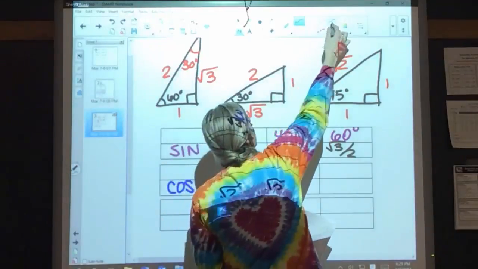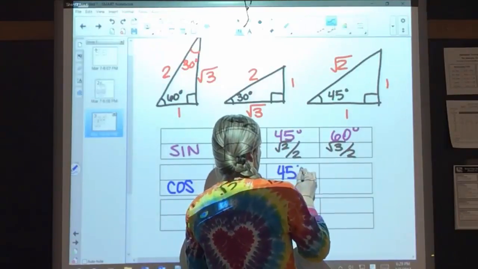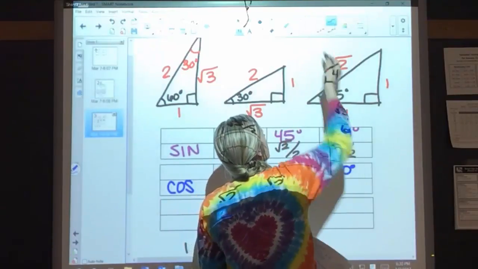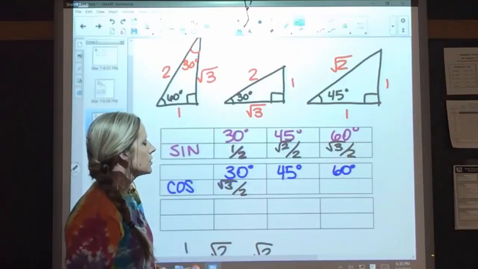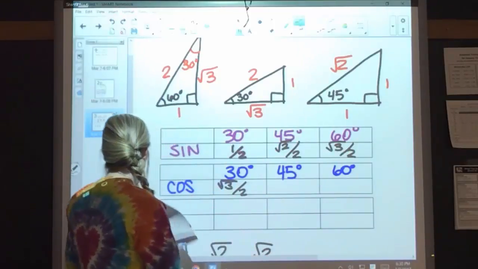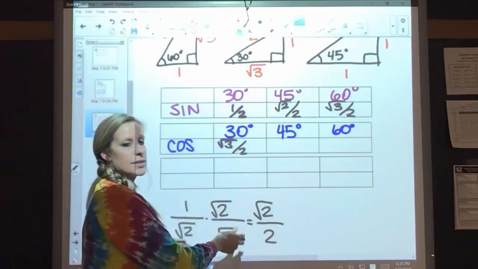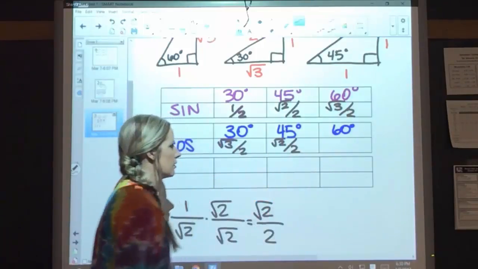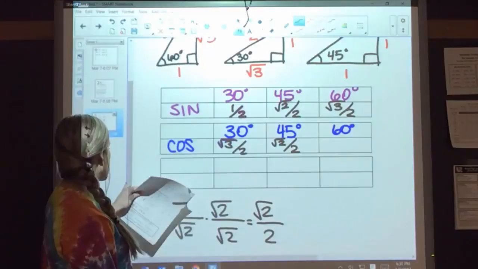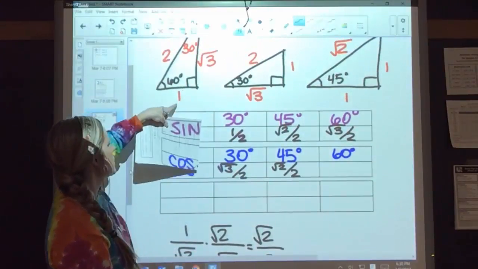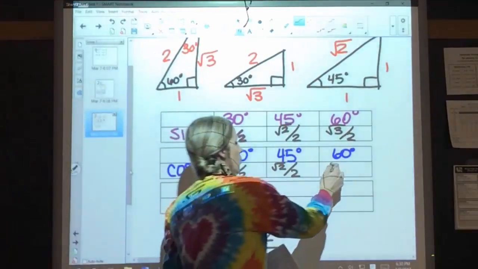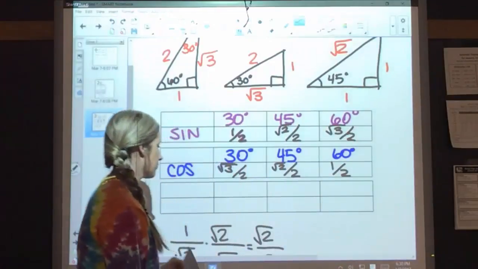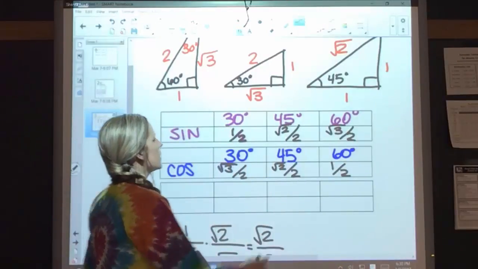Okay, 45 degrees is going to be adjacent over hypotenuse, so 1 over the square root of 2, which whenever we simplified it, we got the square root of 2 over 2. You don't have to do it again. 60 degrees, we have adjacent over hypotenuse, so 1 over 2. All right, the last part